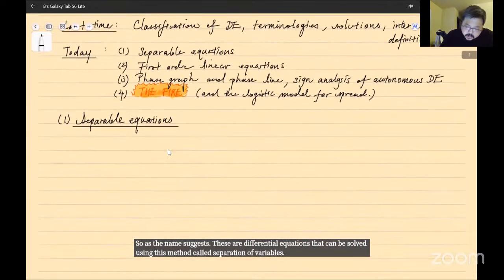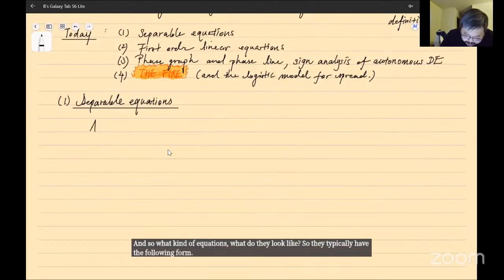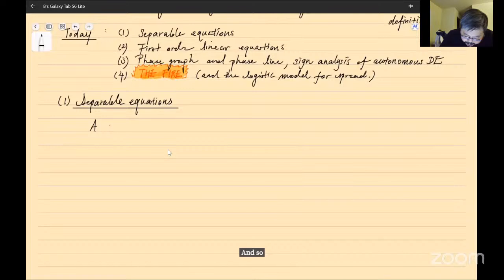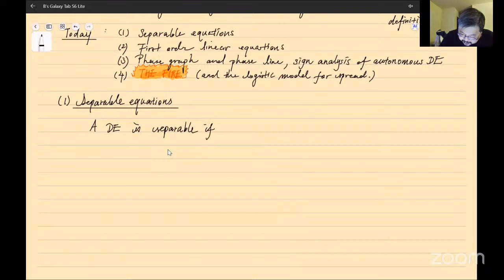And what do they look like? They typically have the following form. A differential equation, and again, I'll use DE to abbreviate differential equation, is separable if it can be written